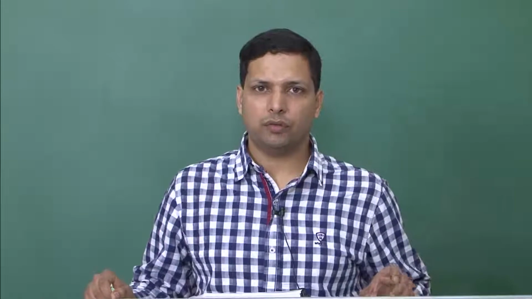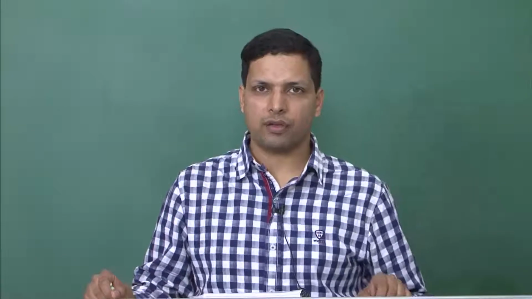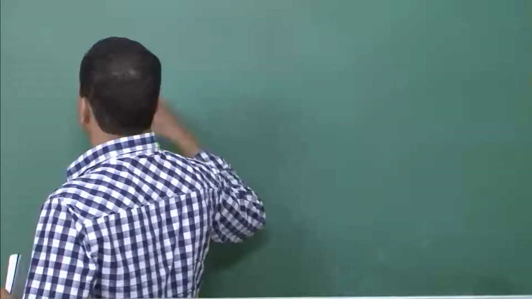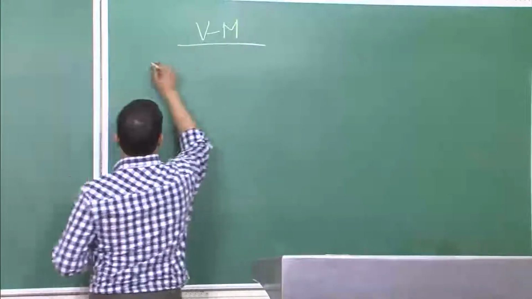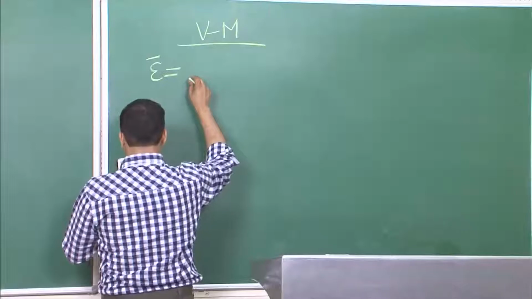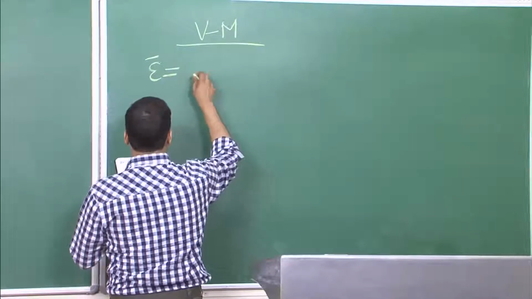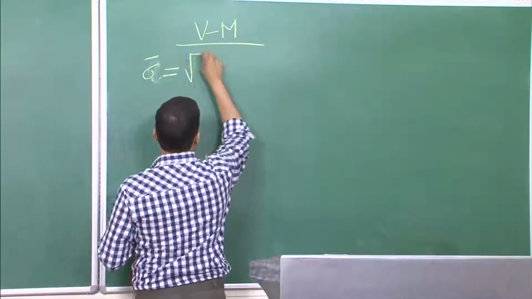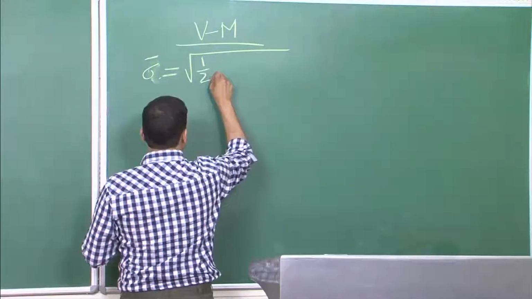Welcome back. So, we were discussing effective stress and effective strain. Let me rewrite some of the equations that we discussed yesterday. If you are talking about von Mises, we talked about effective stress and we came to the relation that effective stress is equal to 1 over 2